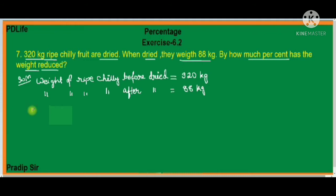Now according to the question, we have to find the percentage of reduced weight. Now the reduced weight will be, you see, before drying the weight is 320 kg, after drying the weight becomes 88 kg. Therefore the reduced weight will be 320 minus 88. Here we will write reduced weight equal to 320 kg